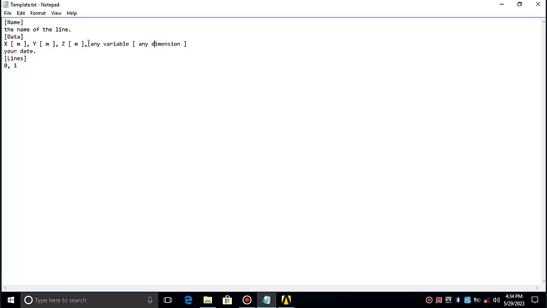Okay, this is the name of your variable, and this is the dimension. For example, you can bring pressure, temperature, or velocity